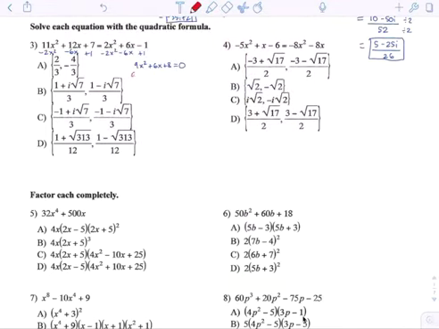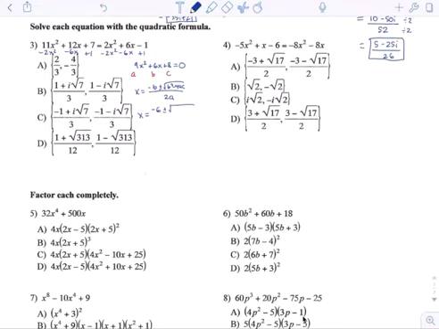Okay, so we have our a, our b, and our c value. And now we can do the quadratic formula. The quadratic formula is x equals negative b plus or minus the square root of b squared minus 4ac, all over 2a. So x is going to equal our negative b, which is negative 6, plus or minus